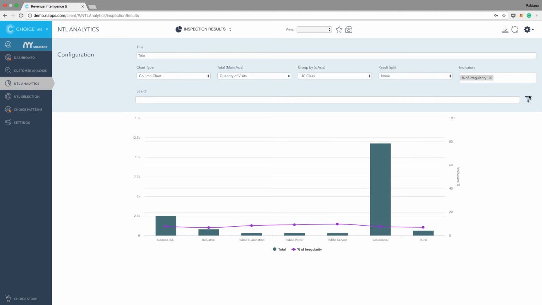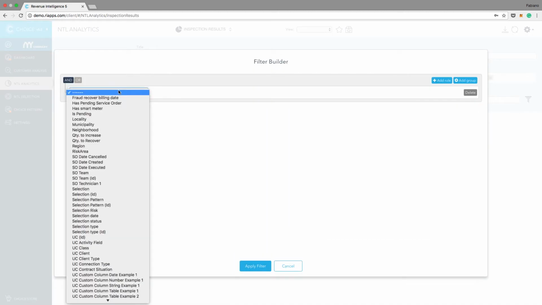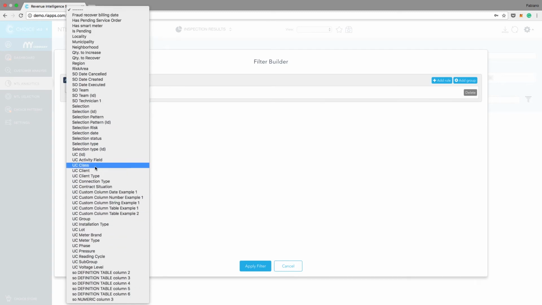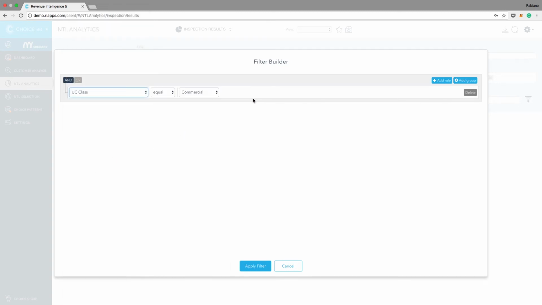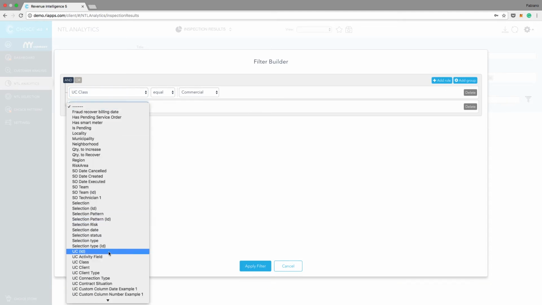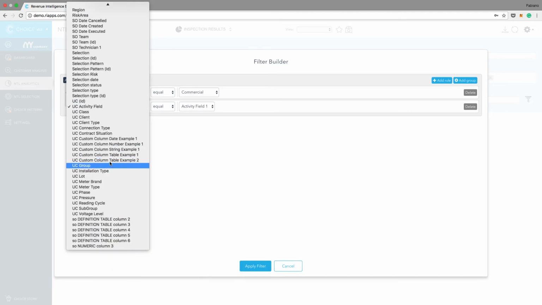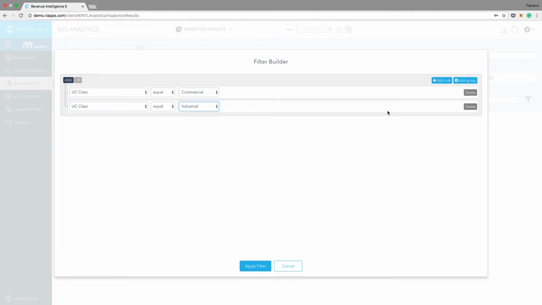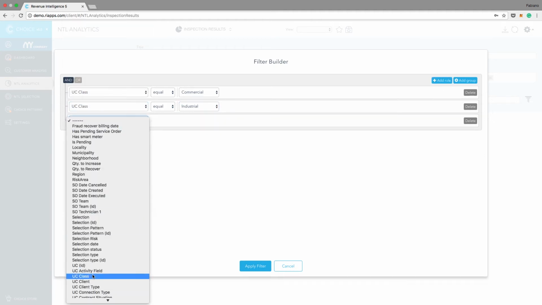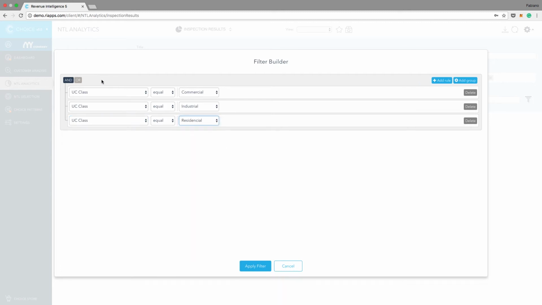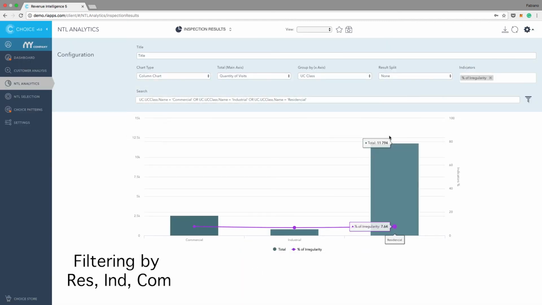So I'm going to filter here. I'm going to select some properties to filter. So UC class commercial, UC class industrial, UC class residential. So I'm going to do an OR here. So I'm selecting commercial, or industrial, or residential, applying the filter. So now I'm going to continue my analysis of the percentage of irregularity, but just filtering the three classes: commercial,